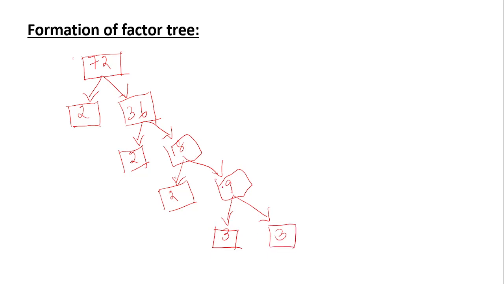So if you notice the entire spectrum in reverse order, then you will see that there is a tree formed. So this is tree shaped. These are the branches. Again, these are the branches. So this is just like a tree form. So this is the prime factor tree, or factor tree, of 72. So you can also form the factor tree of